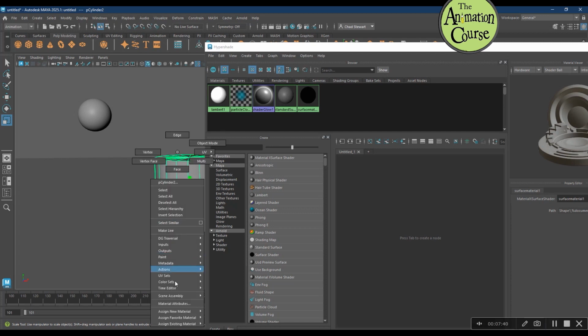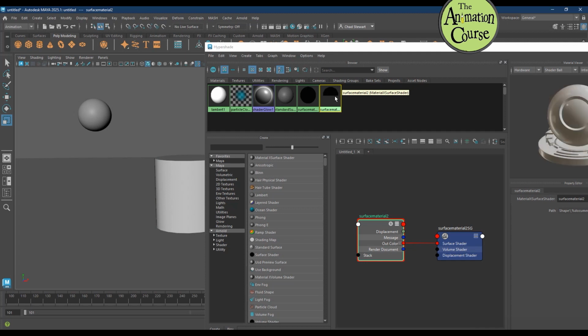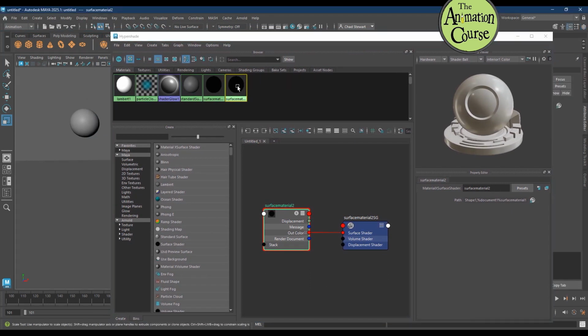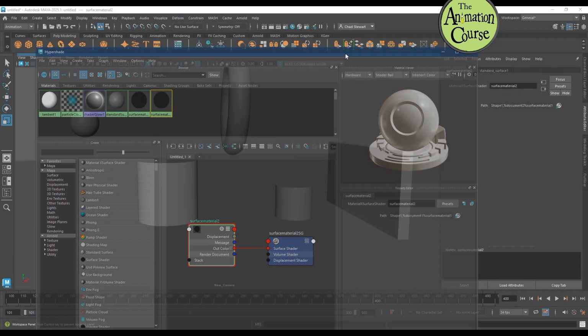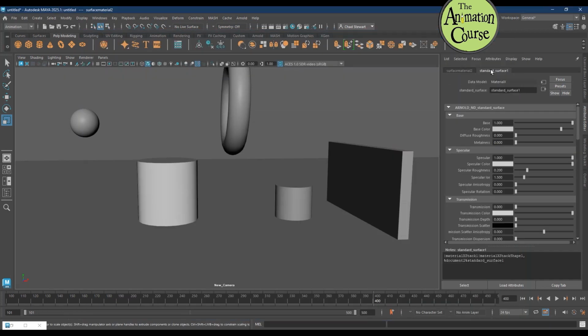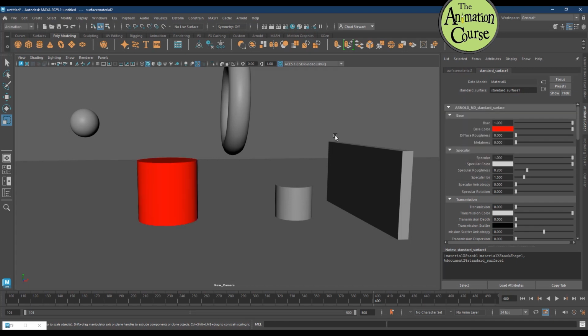If I wanted to do this again, I can do Assign New Material, go to Arnold, and go to Standard Surface here. And you'll see that there is a new surface shader material on this. Now, if I then want to change this material, I can double click on this. This is where having a lot of space in your computer is helpful. I'm going to go to the attribute editor, and I'm going to go to the standard surface right here. If I go to this base color and click on this, and I click red, I can create a red